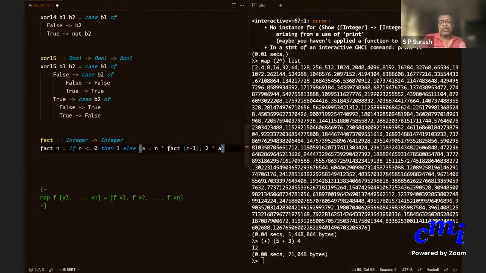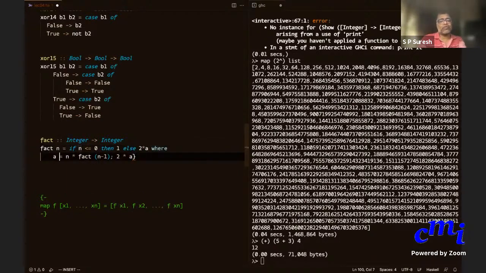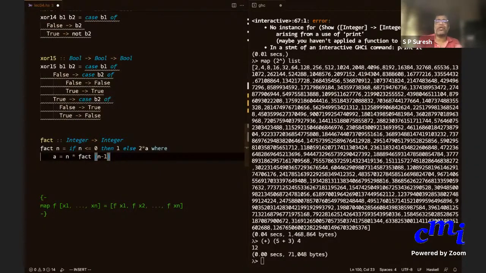This is what you want to say. Yeah, so if you want to do that, you will say else twice a there, and you will give this a as a local definition. So rather than saying 2 into n into factorial, you should always return one expression. That's all. There is no concept of statements here. Everything is an expression.